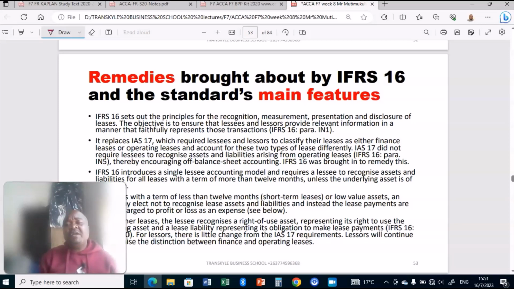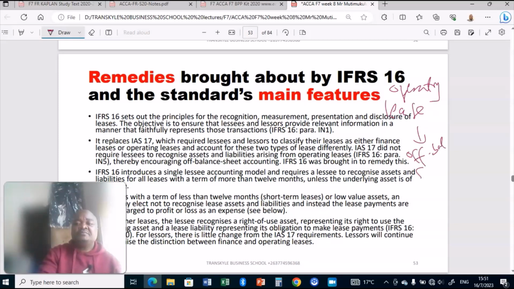Now, the main aspect which this accounting standard has brought about is the requirement to fully disclose the lease transactions. All right. Previously, it was only the finance lease that was adequately accounted for. Okay, but the lessees would then have to account for operating leases as just expenses. Okay, so the issue there which was taking place was that operating leases were encouraging what is called off-balance sheet